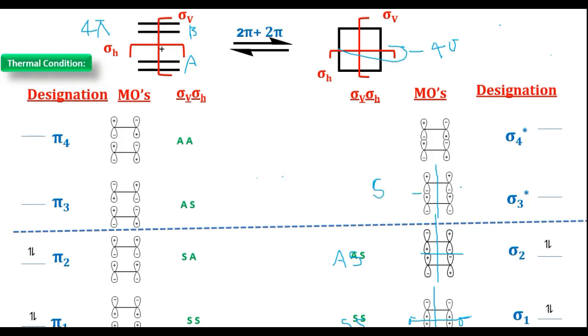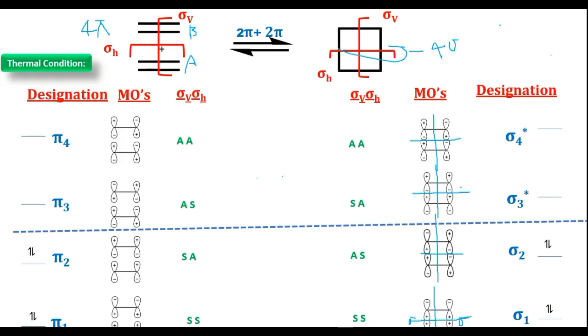When you use the horizontal plane of symmetry, plus is here, in the mirror you are seeing minus; here plus is there, in the mirror minus. That means with the horizontal plane of symmetry it is asymmetric. So I already told you friends, this will be asymmetric and asymmetric, otherwise you can check here. The left side part is not a mirror image of the right side part, and the bottom side part is not a mirror image of the top side part. So therefore it is asymmetric and asymmetric. Okay friends, so these are the molecular orbitals classified with respect to sigma v and sigma h symmetry elements.